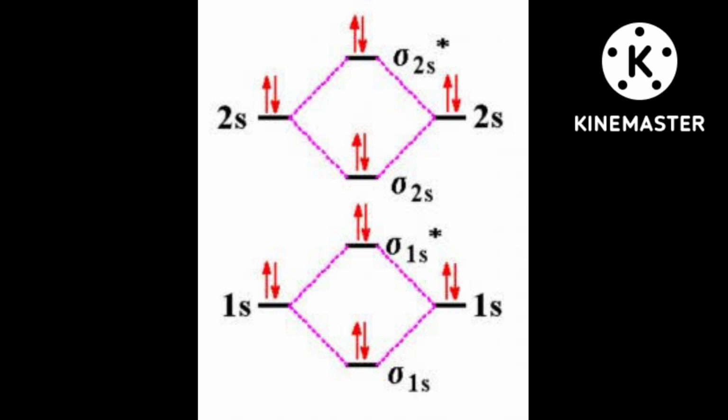After the bonding, the anti-bonding will start. In the same way, you have to write the term anti-bonding: pi anti-bonding 2px equals pi anti-bonding 2py, and this is less than